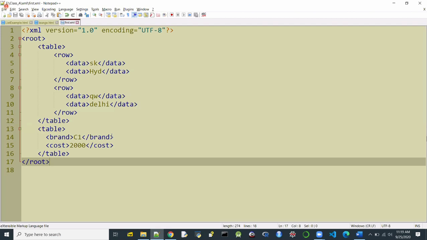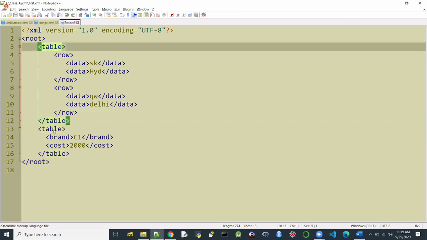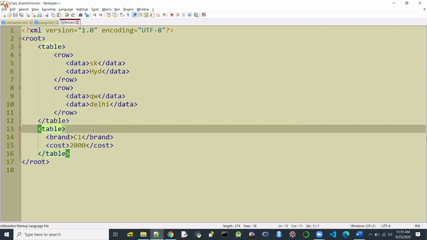But some parsing software may not know the difference between the first table instance and the second table instance. It is a very common thing to happen. What is the common thing to happen? The conflict. I am using the same name table in the same XML document, but with two different meanings, isn't it? Now, how to convey this information to the browser or maybe some other parsing software?